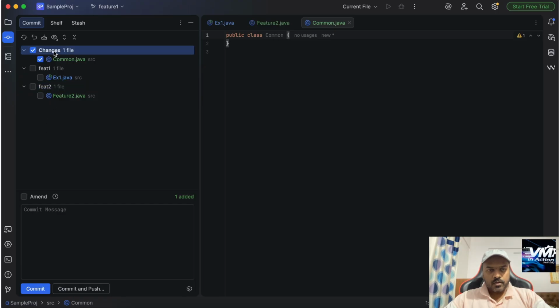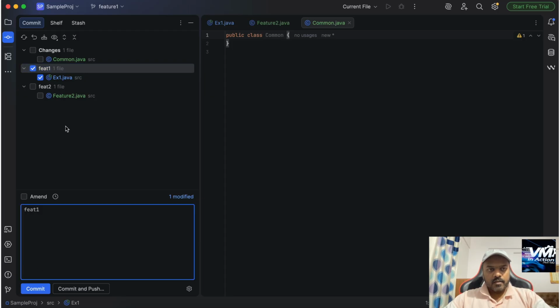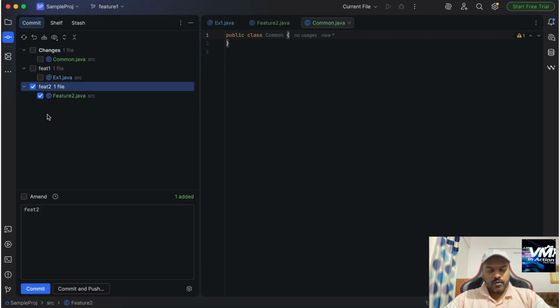When you want to commit, you can select the specific file, write a message and commit the feature. If you want to commit feature 1, you can select the change list. Here, for simplicity, we just have one file. If you have 10 files, this change list will pick all the 10 files and you could commit against it. Similarly, if you want to commit feature 2, you could select the change list and all the files related to that change list will be pushed and committed. This is another cool feature that you could use in